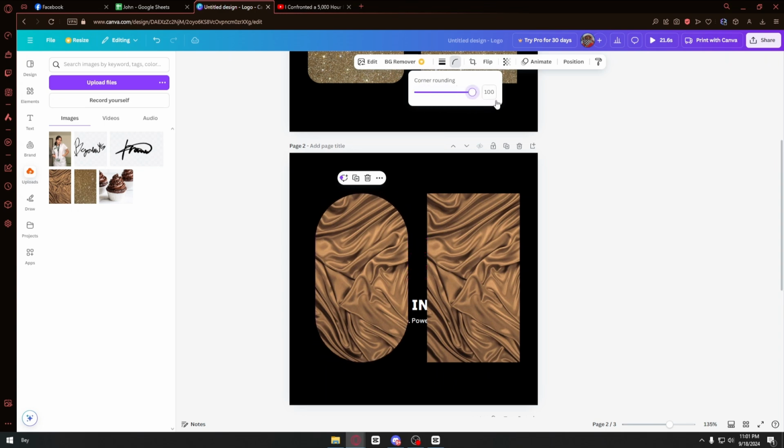to. You can set it up to 100, and as you can see, it's now totally rounded. It's like an oval now. So you can just go ahead and customize this the way you want to use, and you should be good